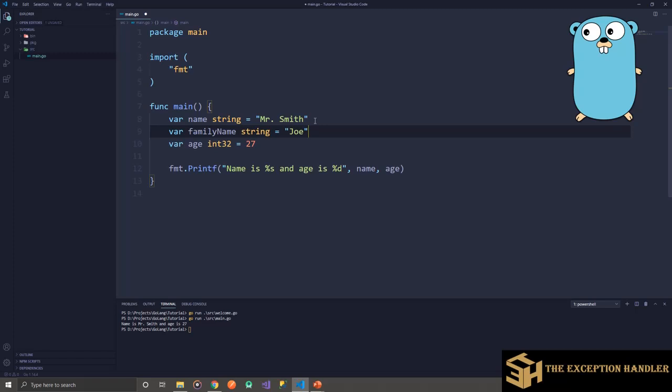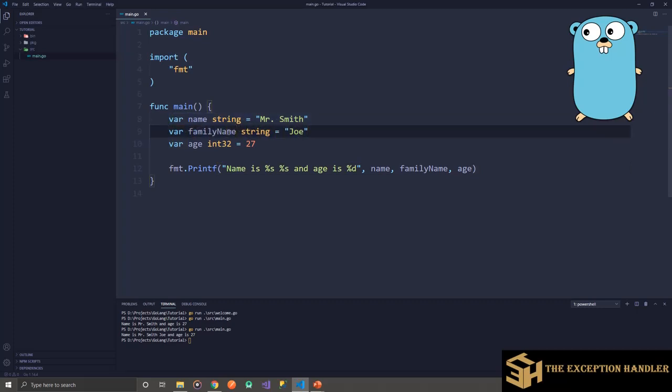Now we have declared two variables over here, and we are using both the variables, family name, and let's go ahead and add an identifier for the same so that this is done. Now if I go ahead and run this program, I'll get the value as name is Mr. Smith Joe and age is 27. Now if you see, I have declared two variables with the same type.